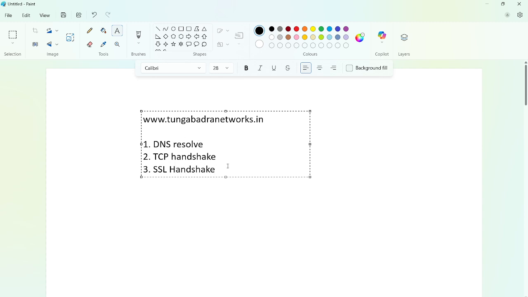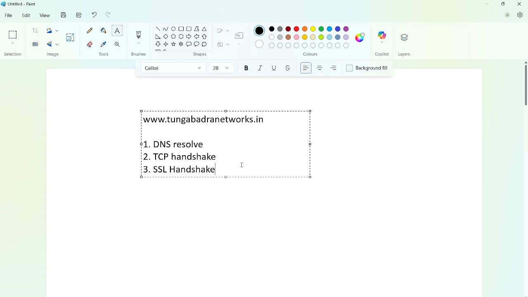Why do we need the SSL handshake? Whatever traffic is exchanged between the client and server goes via the internet or via public servers, right? So we need to protect our data from attackers or hackers who could steal our personal or sensitive information.